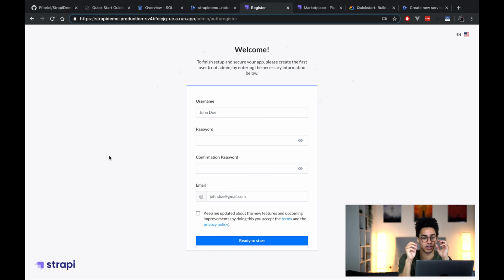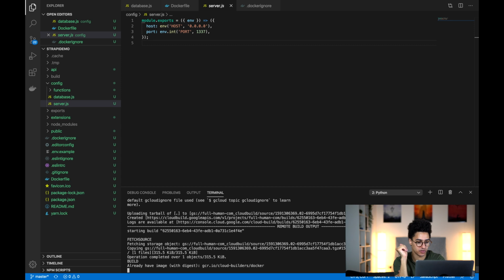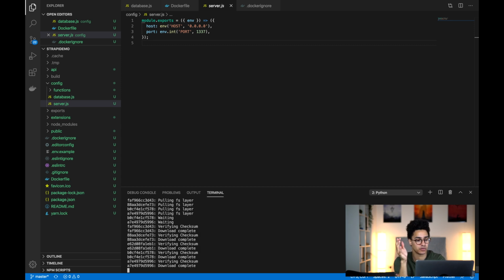So the next part is going to be basically boring. I'm just going to do the same thing that I just did, but for the staging environment. So creating another image, this time the name of the image will be Strapi demo staging, and then running another service in Cloud Run that will run the staging Strapi. The commands that I'm running are extremely similar,